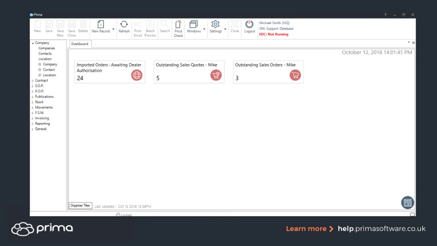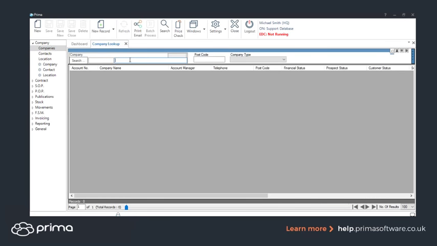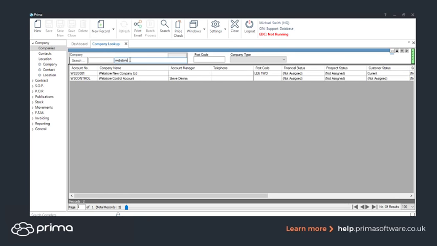So we're going to get started. It should be a relatively short session. Within the company record, we have a specific company that's set up. For the majority of you watching this, it'll be known as the web store control company. Some of you may have customised the name of this, but it'll be the web store control account, as we can see here. So if I just click into this company,